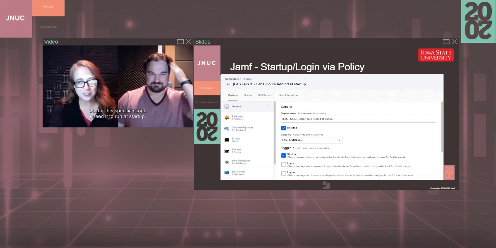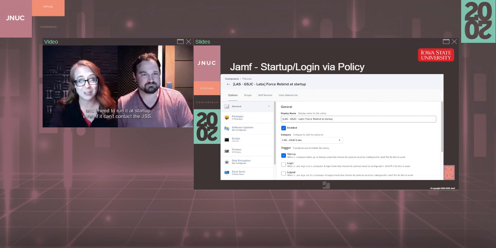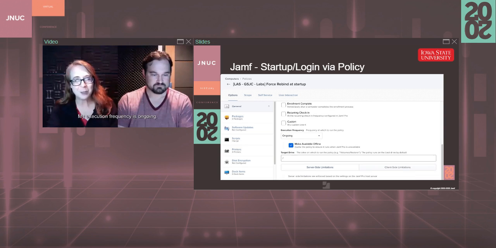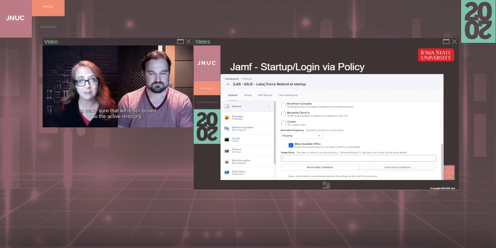So for this specific script, I need it to run at startup, even if it can't contact the JSS. So my trigger is startup. My execution frequency is ongoing. And then I have the box set to make available offline, which means that if it can't contact the JSS for some reason, it's still going to go ahead and run to make sure that we're still bound to the Active